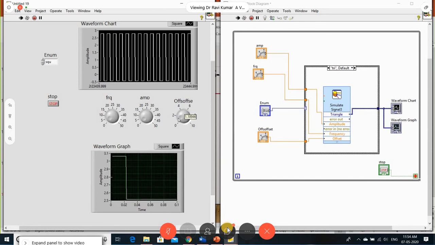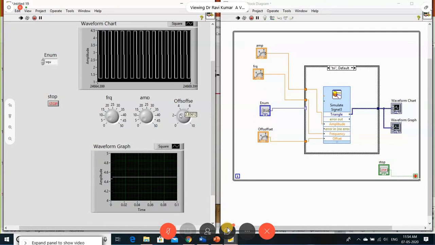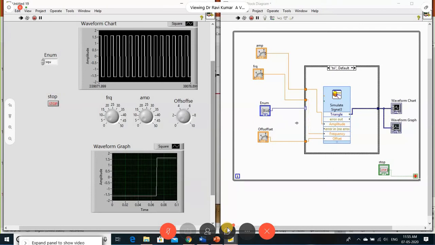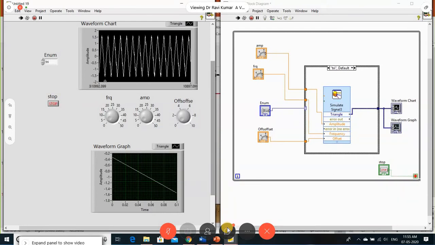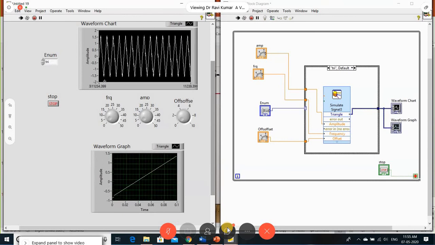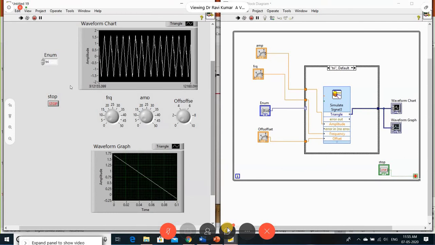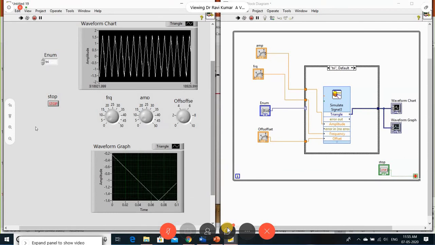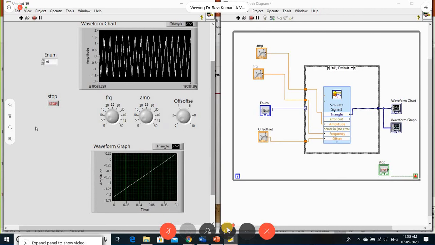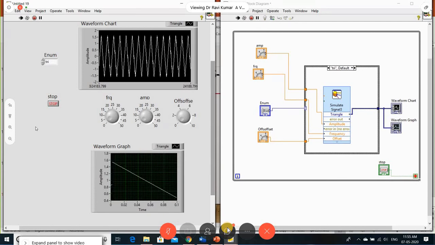So likewise, I can generate my signal using my case structure, whichever way we want it. Select the triangular wave, it is coming. It means that whenever this case has matched, I generated the triangular wave here. Okay. So this is one simple program for generation of your waves. So simple, it is a function generator. You want to click on this, like, okay, I want to click sine wave. So the sine wave has generated, you want to change the frequency or amplitude, it automatically changes with respect to that.